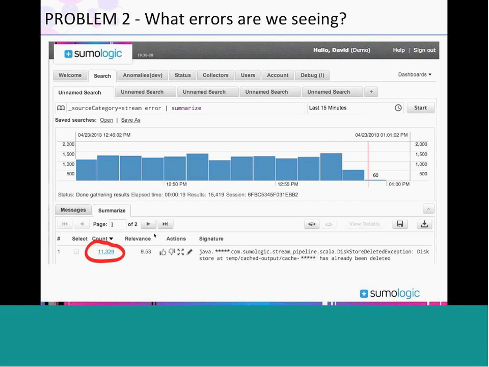And you can just run this very simple query where now we're going to say, okay, source category stream, this is another Sumo component, and we add the keyword error, and then we pipe that to Summarize. And what's really interesting here is you can often do this to just bring something to your attention that you wouldn't have necessarily known about. So there are 15,000 log messages being generated by this particular system component that have the word error in them. Of them, 11,000 are this exact same message about some disk file being deleted when it's already been deleted. So this has probably surfaced a bug in the code.